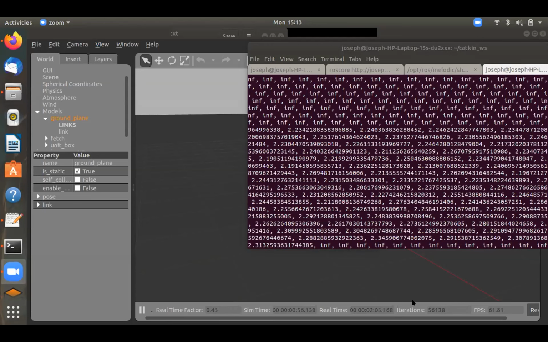Where did you find this scan package? Because different people might have written it for different